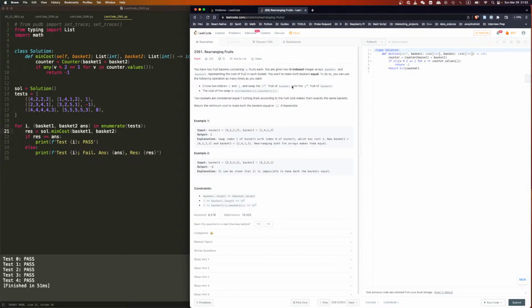So we have two sorted lists. We'll find the smaller of the two, and then we compare. If this is smaller, we do that many of this, and we get rid of that many of that. It's actually fine, we just get rid of that many of this. No, we want to get rid of that many of that. And then the next one,